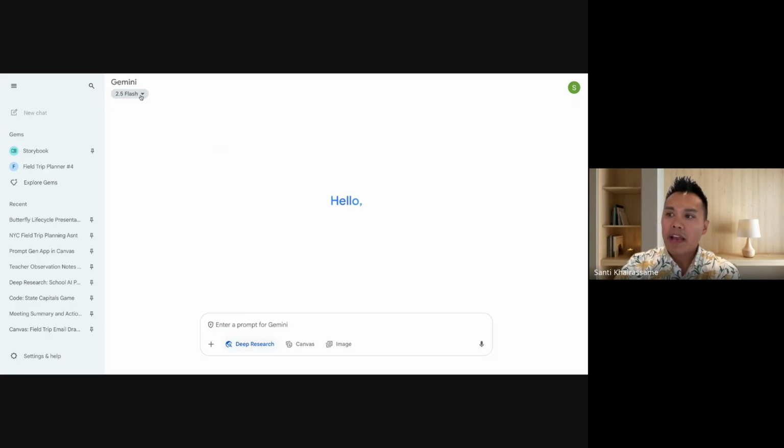So taking a step back, I just switched to 2.5 Flash, and there's a new option called Deep Research. This is amazing. What Deep Research is, you can ask it a specific research question or any question. So what I've been testing out, you know, there's a cell phone ban coming up. So a research question that I've been asking is, how are existing schools in New York State, as well as nationally and globally?